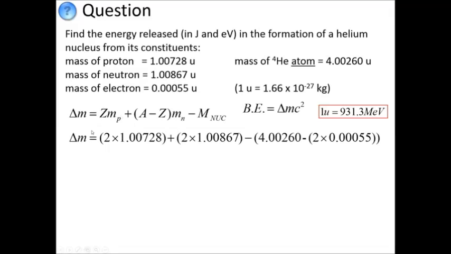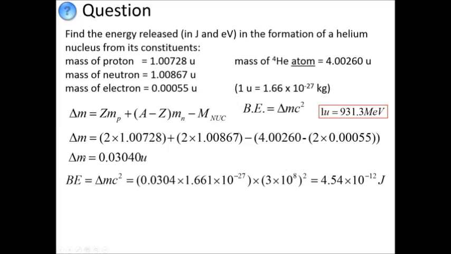So let's put something in for our mass defect. Our mass defect is going to be the number of protons plus the number of neutrons, minus the mass of the nucleus, but remember here the 4.00260, I've got to take off 2 electrons from there. So here's my 2 electrons coming off the mass of the nucleus. Loads of numbers to put in your calculator. Have a go, do it. It's very easy to get this wrong. Think about the position of your brackets, but if you do it all correctly, you'll end up with a mass defect of